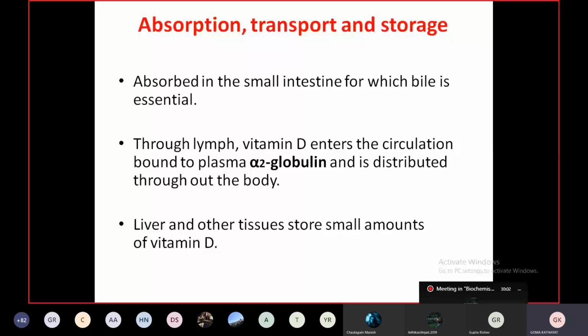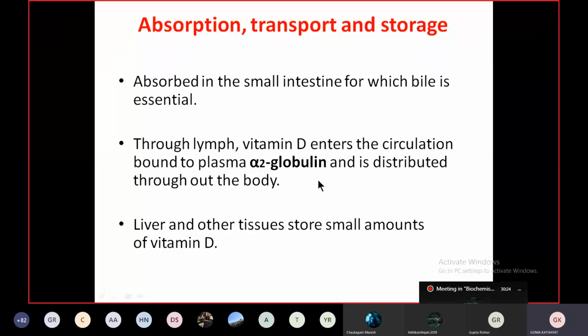Understood? Because the bile helps in the formation of the micelle and helps in the absorption of fat as well as the fat soluble vitamins like vitamin A, D, E, and K. So bile is essential for the absorption of vitamin D. And once it is absorbed, it is then transported into the circulation through the lymph, and it is